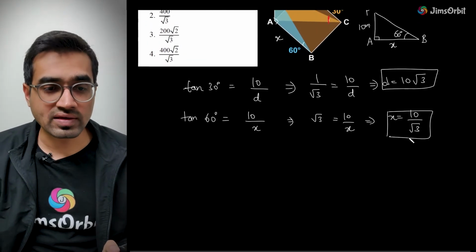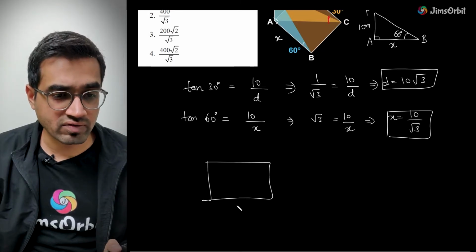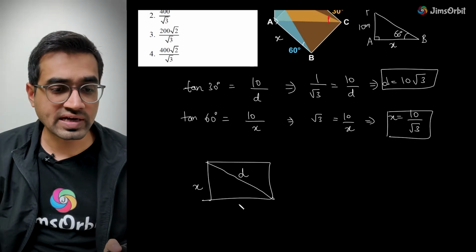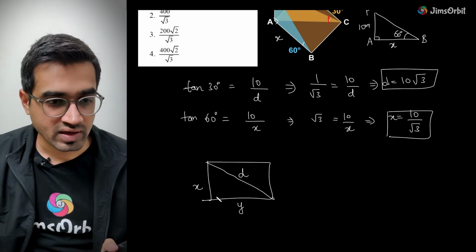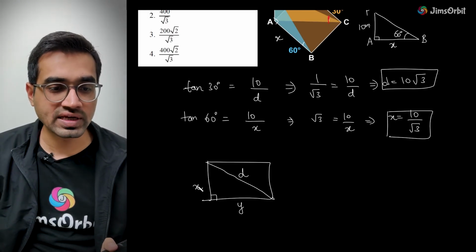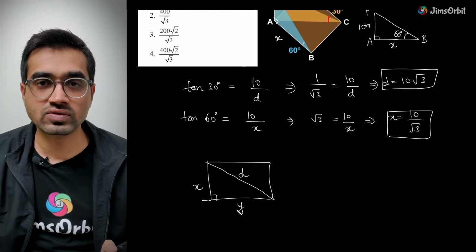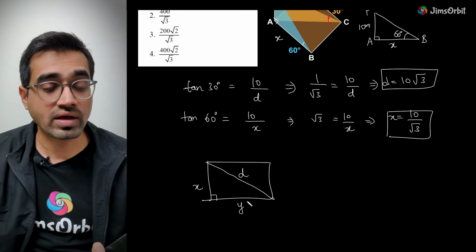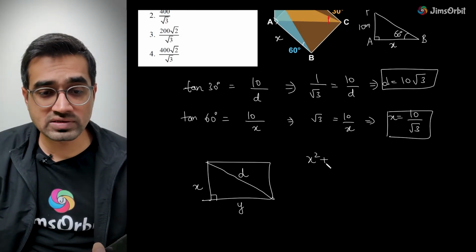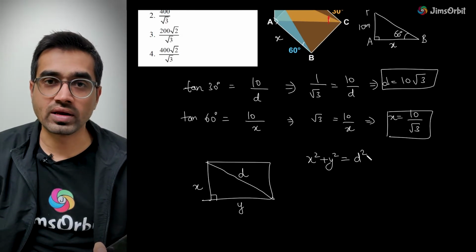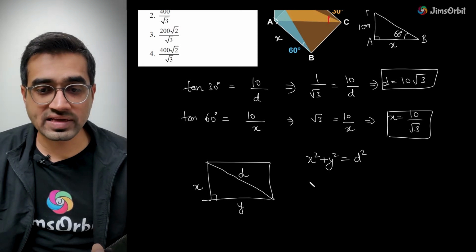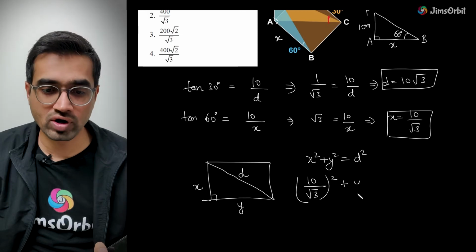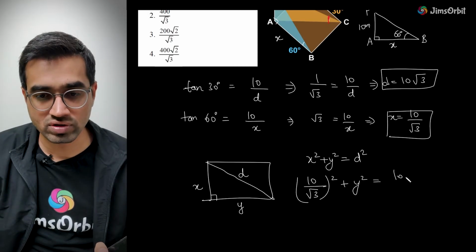Now you know one thing, that it was a rectangular field. One side was X. The diagonal was D. Let's consider this is Y. Rectangular field, diagonal was D. One side came out to be X and this is Y. It doesn't matter which side is X or Y. I'm just saying, let's say. Okay. Now X square plus Y square should be equal to D square. Correct. Now you know that X is 10 by root 3, so 10 by root 3 whole square. Y we do not know. And D is the 10 root 3 value.